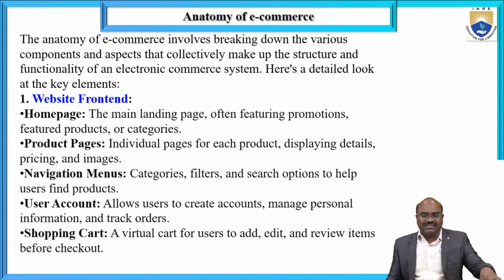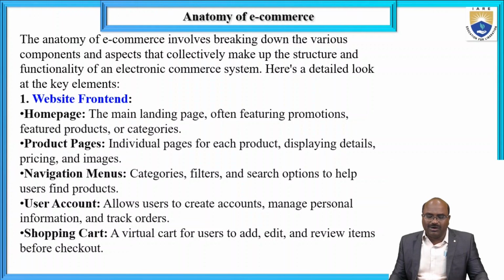The home page includes the remaining pages as well. One of the important pages is called the product page. How many products are available? The products associated with the price are also an important thing. Displaying the details, pricing and images is also required. For example, 2D and 3D images can also be used to display the data.